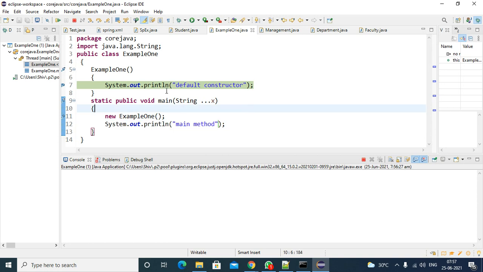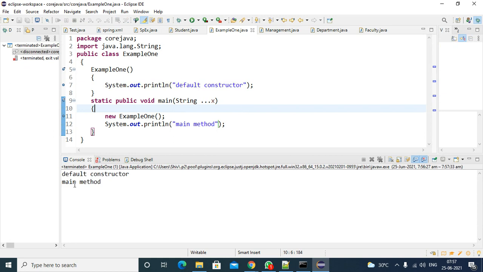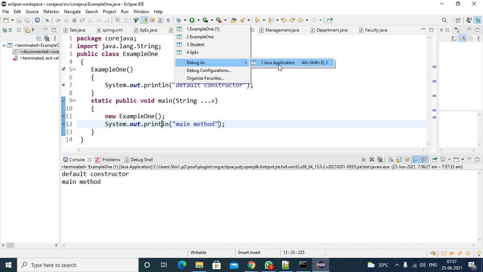Right. So I am pressing F8. In the console, it will print the default constructor as output. It's printed. So actually the cursor has to come back here. It came back, but we didn't put a debug point, so that's why we didn't observe it. If you have a doubt, just run it one more time.